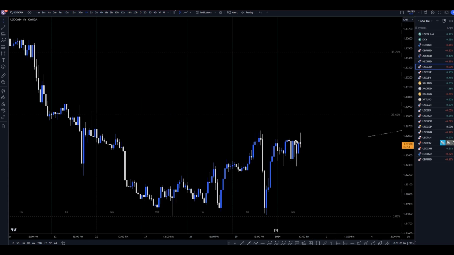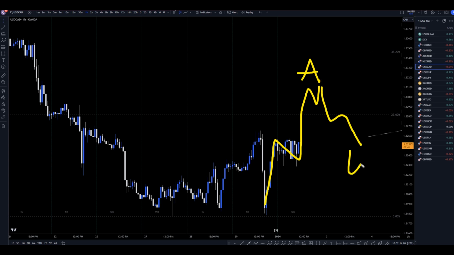On the 1 hour time frame, it looks to me like more likely this is going to go up and do something like this. I bet it's going to be just a wave A. I think eventually it'll make a correction to that wave A, like a wave B, and then eventually go back up and make a wave C. Now, this most likely is a correction, and corrections can be very messy, very overlapping. So, you can't really expect it to make a perfect ABC all the time, even though often it does.